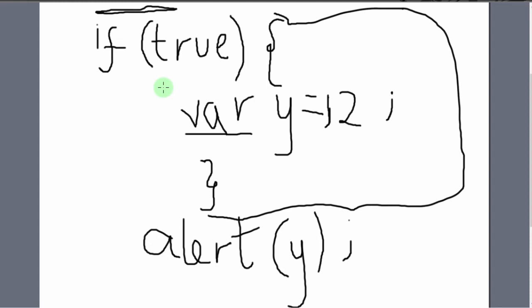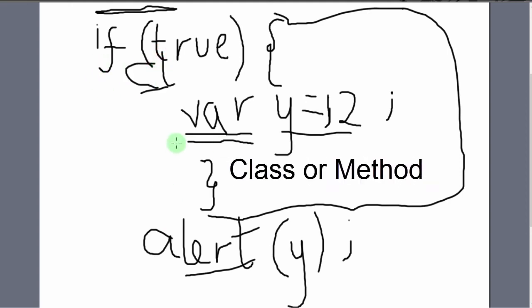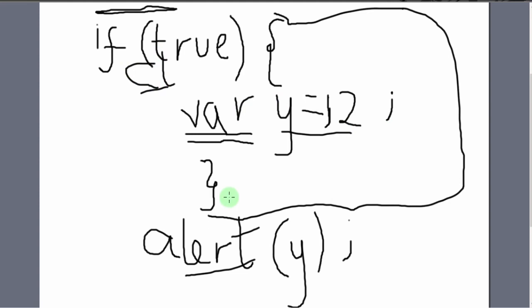So JavaScript, as we know, is a very loose language, and if you use the var keyword, this variable will be accessible from outside of this block. So the scope of this to some extent is a global variable. If this was something like Java and this was a class, this variable would not be accessible from outside of this block. In Java, we have public variables, protected variables, and private variables. So unless it was declared as a public variable, it would not be accessible from outside of this block.